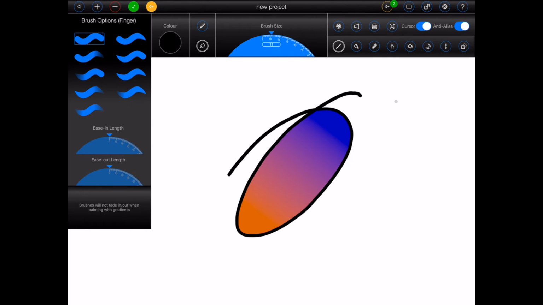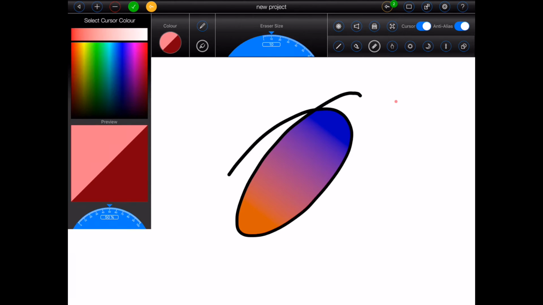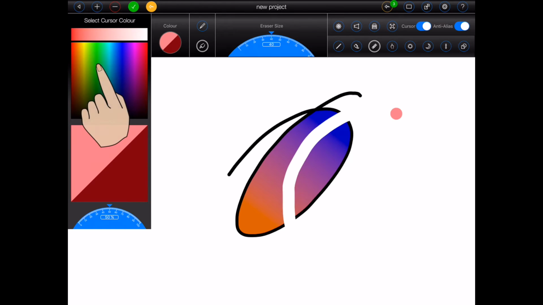Tap on the Eraser button as shown to open the Eraser tool. You can set the size of the eraser by rotating the dial at the top of the screen. Drag your finger over your image to remove content from the currently active layer. Please note that the eraser will be red by default. That may be hard to see if you're removing red content, so Animation Pro allows the colour of the eraser to be changed.